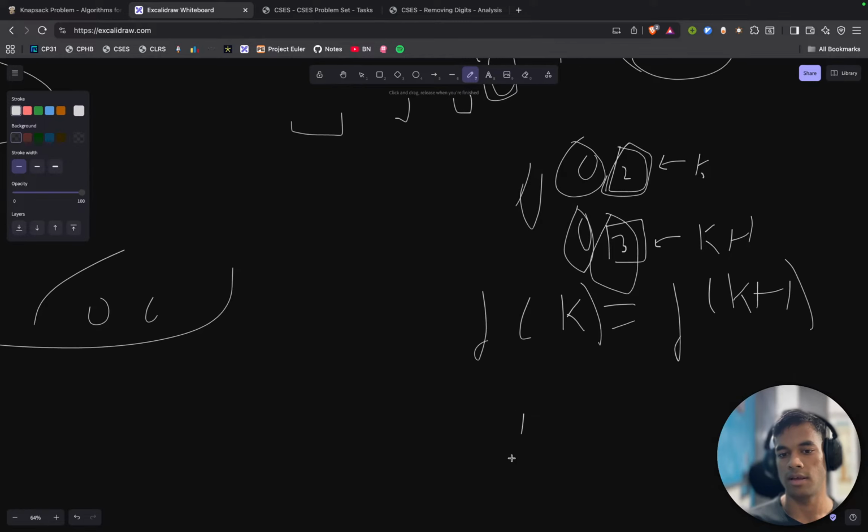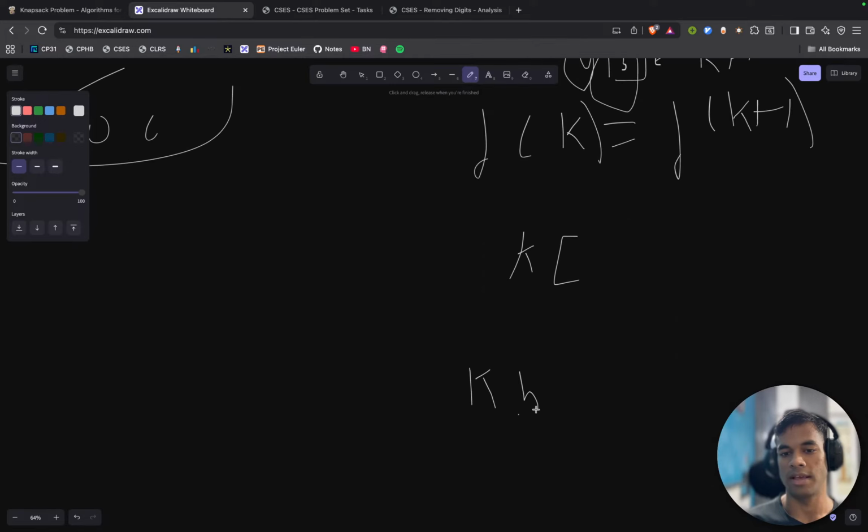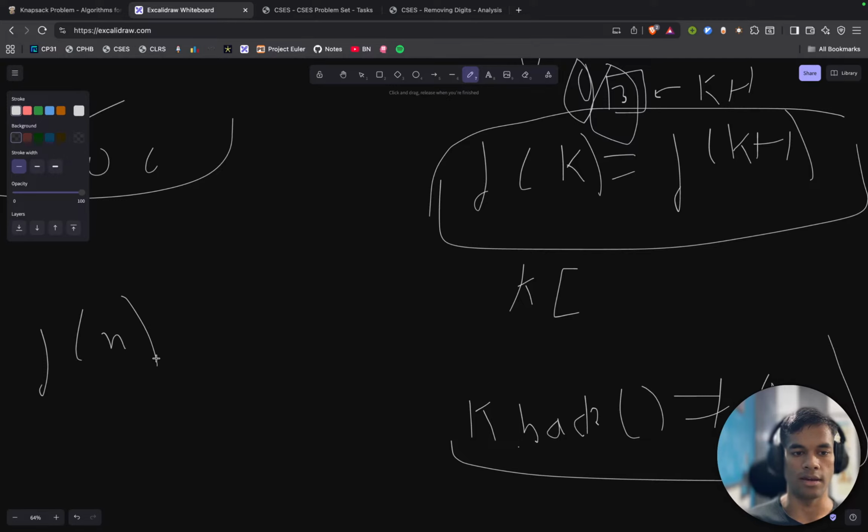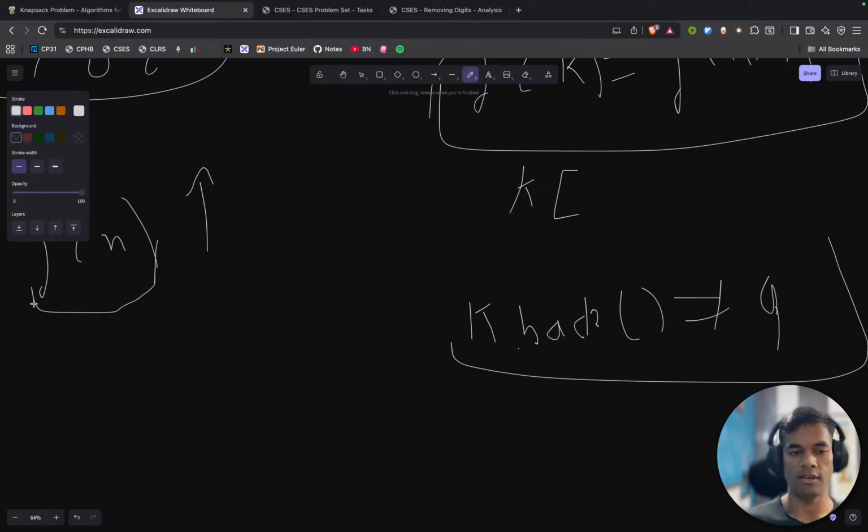In this case, when k's last digit, we can write this in C++ way, k dot back is not equal to 9, then this thing is true. And therefore, we can say f of n is monotonously increasing. Therefore, decreasing n as much as we can, that is using a greedy algorithm, would give us the best possible